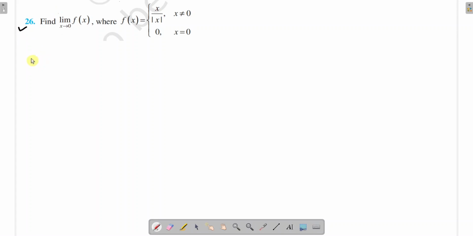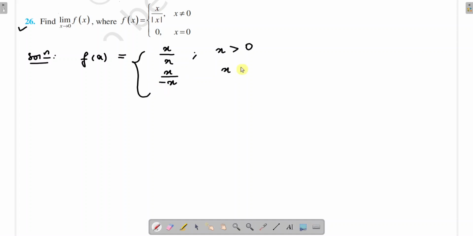26 is similar to 25, right? Let us look at the function here, f(x). Similar to 25, modulus of x divided by x when x is not equal to 0 was the definition for 25. Now here it is x divided by modulus of x. So what will happen here? Here you will get x divided by x when x is greater than 0, then x divided by modulus of x is x divided by minus x when x is less than 0,